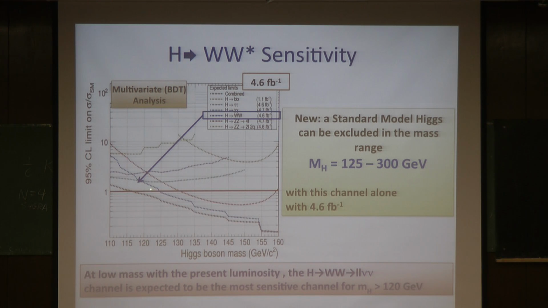The closer you are to the line, the more sensitive you are, and therefore, when we start combining the channels, if whatever we see in one channel is a standard model Higgs, we have to see what's going on in the other channel, because you may be excluding with the WW what you are seeing in the gamma gamma. And that could be the case if this is not the standard model Higgs. All right? At this particular moment, with the results you have seen already and with what we are discussing now, we cannot exactly say. This is the cliffhanger of the season ending for this Higgs, okay?